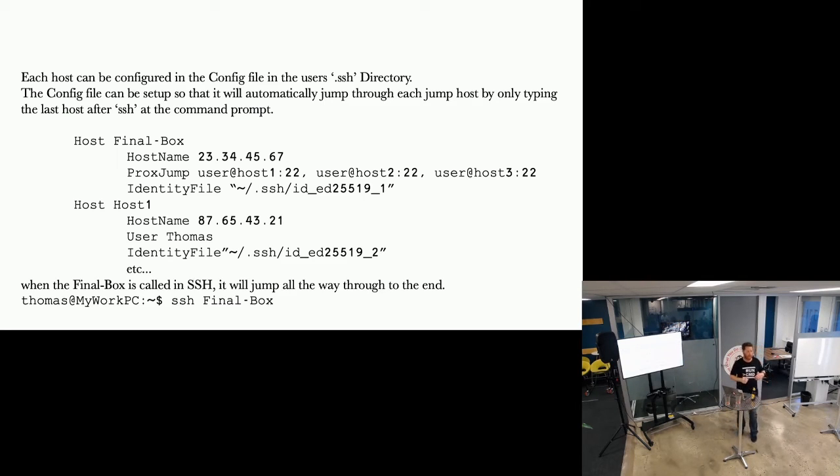Interestingly, if you're behind a Bastion yourself, and you can't get out to the public internet, you can actually SSH into that Bastion, out to the public internet, SSH across to a third box, and then into another Bastion and communicate with other computers in behind there. So you can literally jump all the way through, no problem at all.